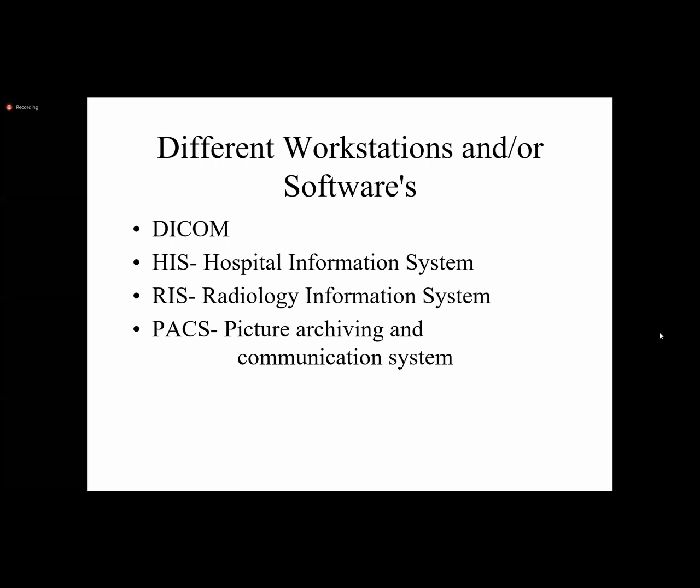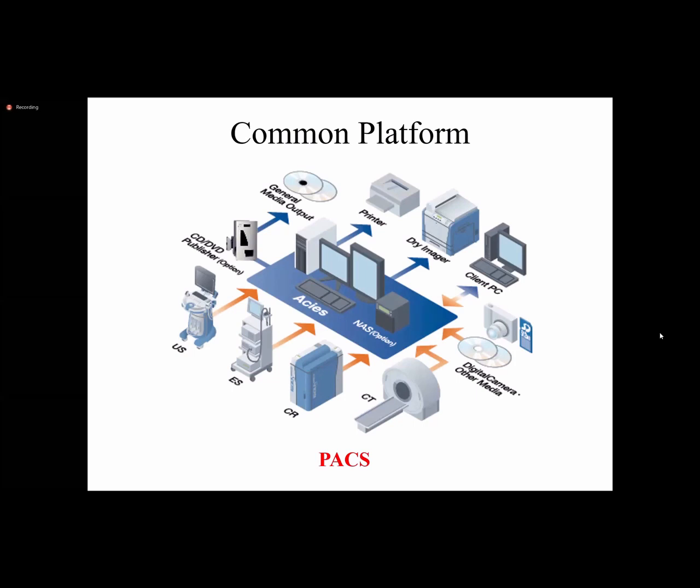Next we have the Picture Archiving and Communication System. This is the most important software or system required in the hospital nowadays. We can say PACS is the biggest picture, PACS is the top of them, and then HIS can work, then RIS can work. That means in the PACS software we can operate the HIS as well as the RIS. So yes, this is the PACS.